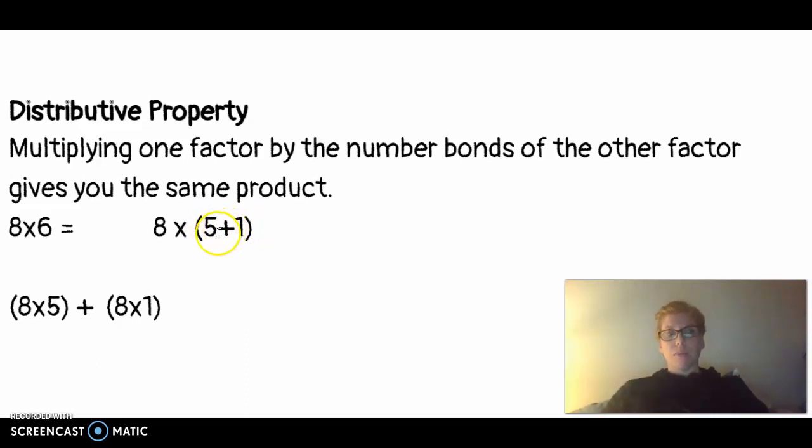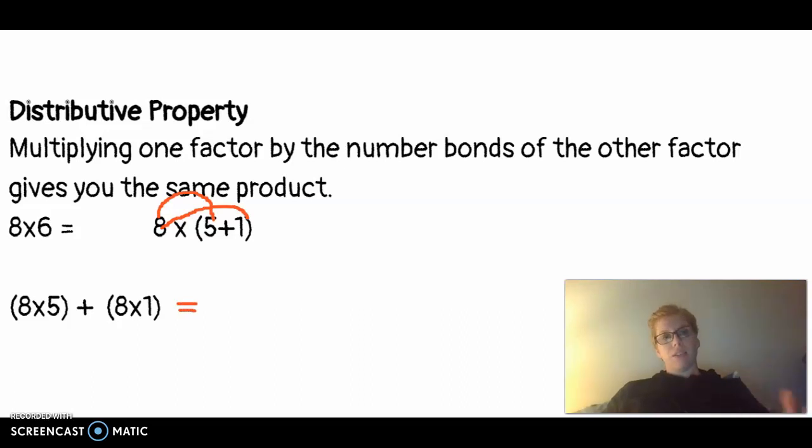So you can look at the number in parentheses, and parentheses means do first. So that means we look at these numbers first, and I know that 8 times 6 is the same thing as 8 times (5 plus 1). And 5 plus 1 are the number bonds of 6. And then I have also written it out below where we multiply. Let me draw an arrow to show you. We multiply 8 times 5, and then we multiply 8 times 1. See? 8 times 5 plus 8 times 1. And we add those together